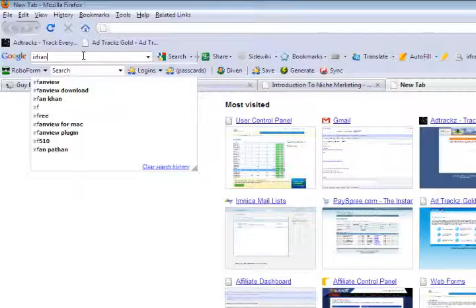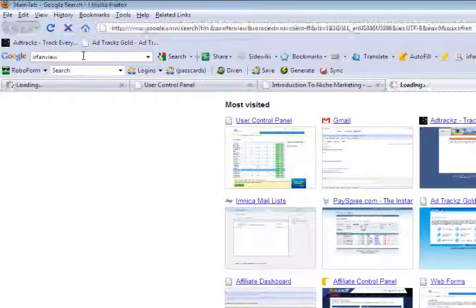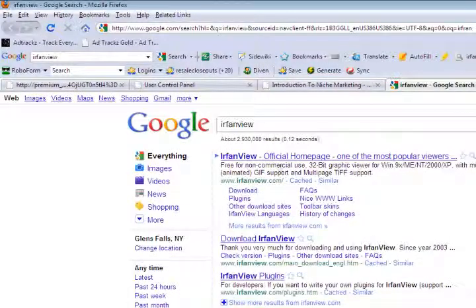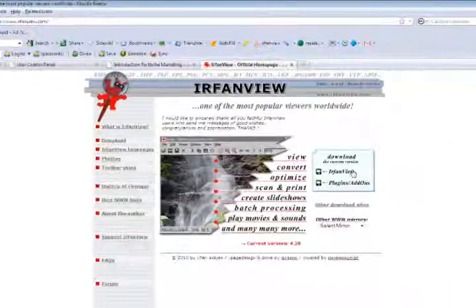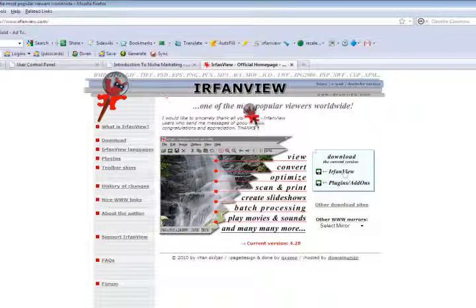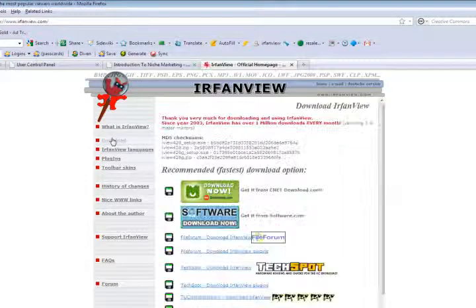IrfanView download. So you can just go and type that into Google, the almighty Google. You can go to the home page here, or just click on download. I'll go to the home page. So that's just irfanview.com, and you can just click download here or download over here, and you're going to be downloading it off